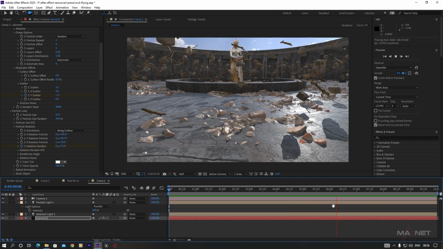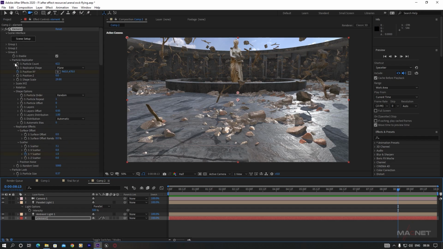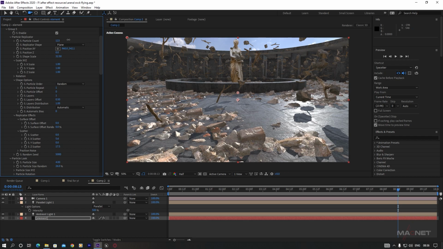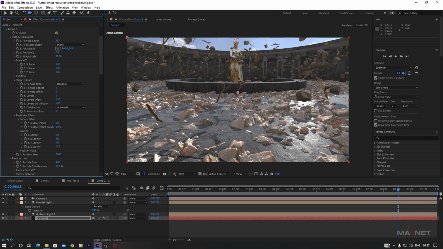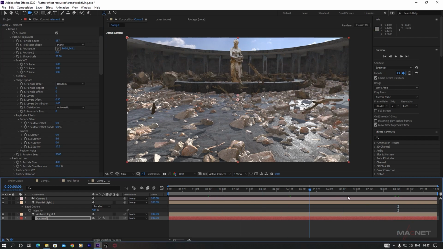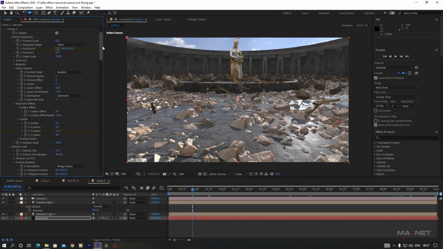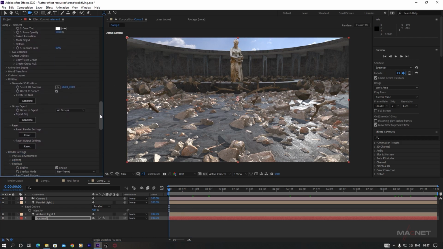Okay, but you can see that our ground debris is a very small amount, so we go to the group number 5 and we can increase the count here, so it blends with all this debris that is flying. Okay, so just like this. And now we're going to put the same settings on the large rock that is present in the group number 2. So we expand the group number 3 and go to the very beginning here, and then we do one thing,